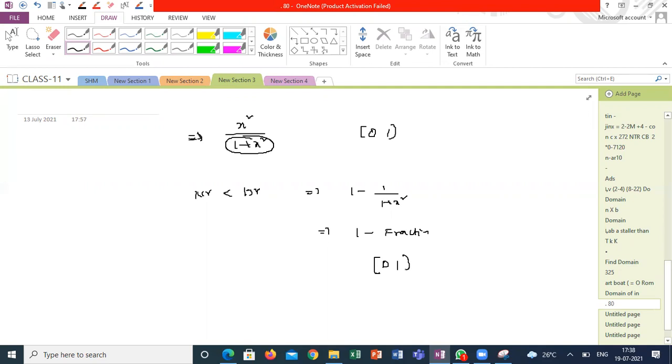Why can't we take x as 0 here? Sir, if x is 0, the answer is 0, sir. Correct. x equal to 0 will not give 1. It will give 0, since 0 by 1 is 0. So 1 you won't get. At infinity only you are getting infinity by infinity, but infinity by infinity we can't consider as 1. So it never gets 1. It is always giving less than 1.